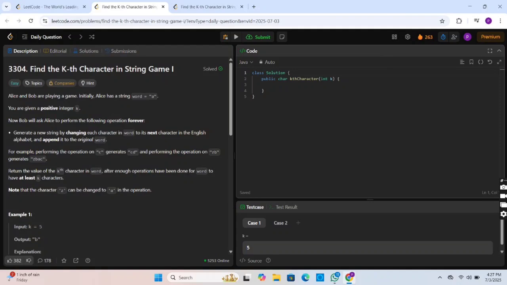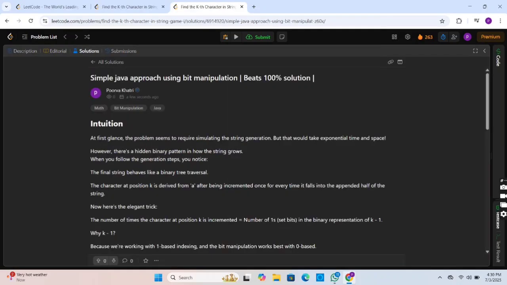Now let's move to the solution approach. As the length of the word grows exponentially, to find the answer in a better way we use bit manipulation.